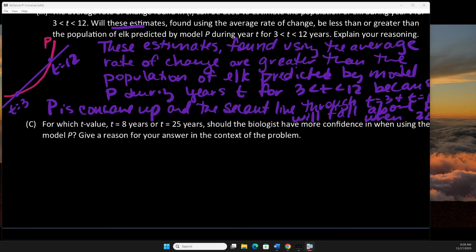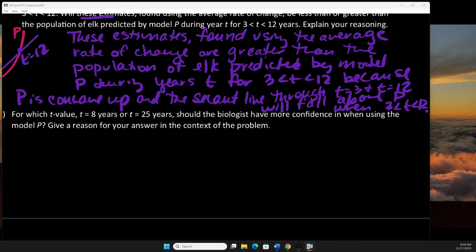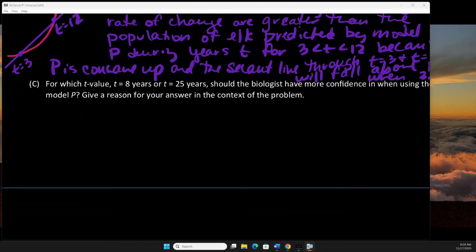All right, and then part C is also a tough point to get, but it's gettable. For which value of T, T equals 8 years or T equals 25 years, should a biologist have more confidence in when using the model P? Give the reason for your answer using the context of the problem. So the context of the problem is about elk, and so I would start off and just say, answering the question, the biologists should have more confidence